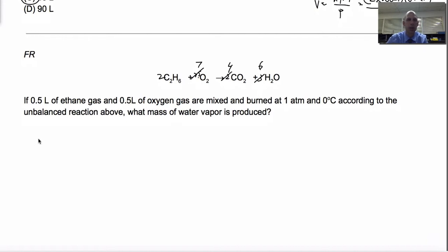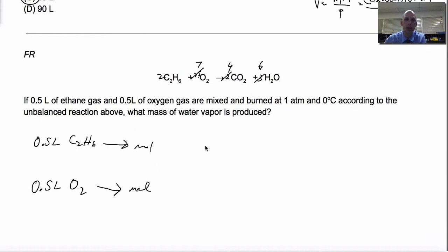Okay. So it says you have 0.5 liters of C2H6 and you have 0.5 liters of O2, and they want to know what mass of water vapor. So what we have to do is first off use PV equals nRT to convert these to moles. And when you use PV equals nRT to convert those to moles, you'll use an equation that's n equals PV over RT. And for each of these, and it's going to end up being the same amount, you would put in 1 atmosphere times volume, 0.5, divided by R, 0.0821,